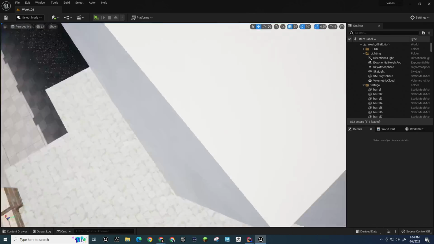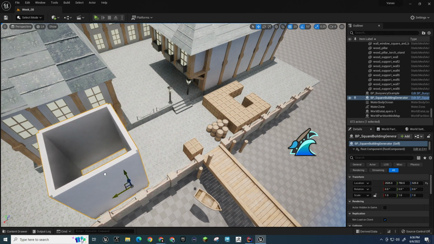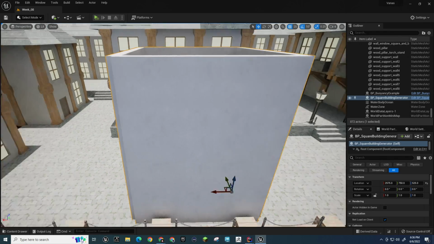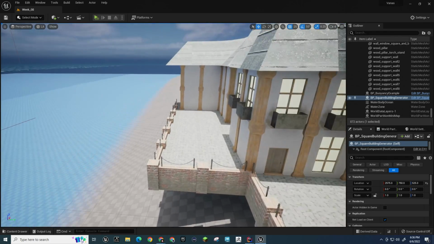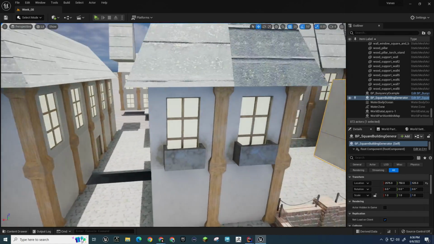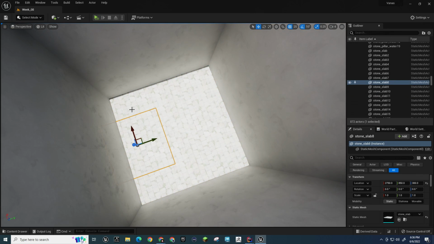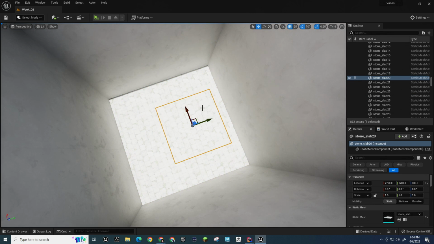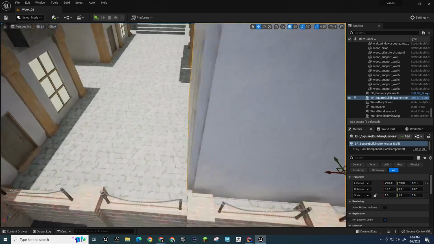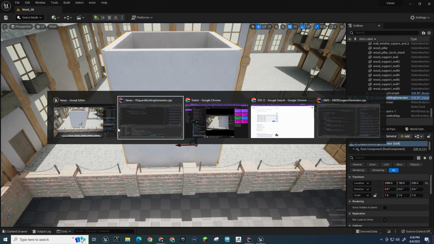Look at that. Two-story building. Isn't that kind of amazing? How beautiful that just comes along, right? It's perfect in every single way. Okay, and then